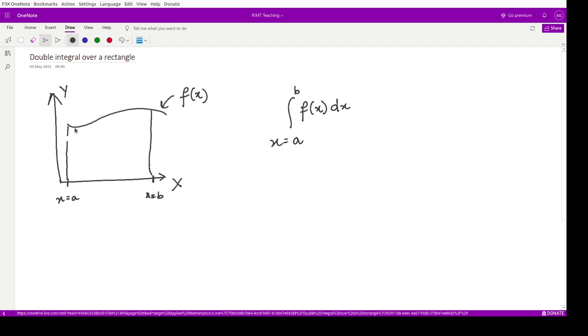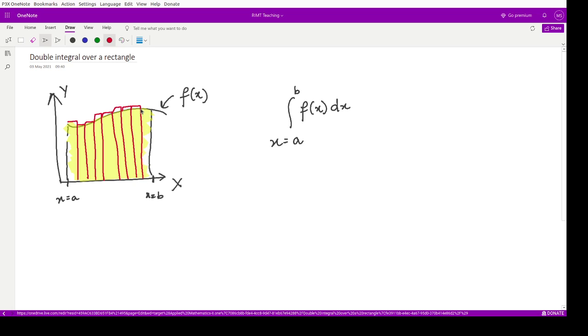So how can we do that? We have to calculate the area of this particular region. So what we can do, we can divide this particular region into smaller rectangles. So how would that be? They would be something like this. So this is one rectangle, this is another rectangle, then this is another rectangle, this is another rectangle, and so on, right? So what we are doing, we are calculating the area of these individual rectangles.